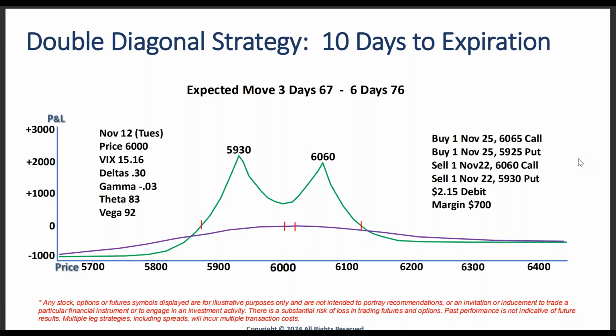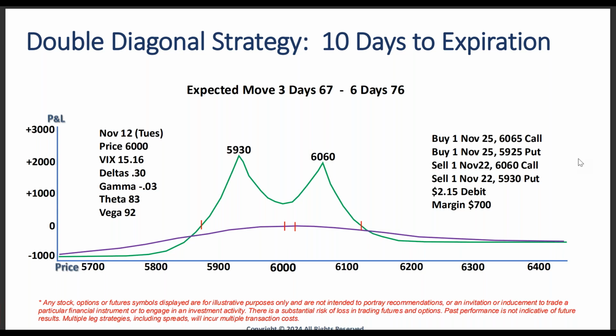And what most of you think, can you see, is this a bit of a shape of an iron condor, where the short strikes are further out of the money? Do you see that? In this example, SPX, or the vehicle I'm using here, is 6,000. That's the price it was. And I sold the out of the money call at 60.60, and I sold the out of the money put at 59.30. That's a short strangle.